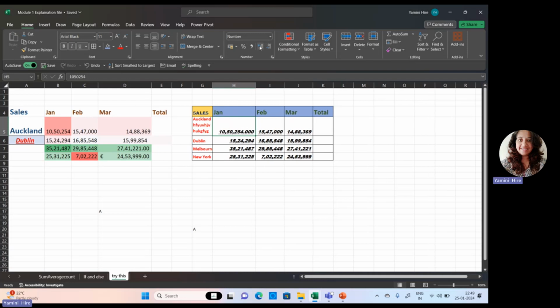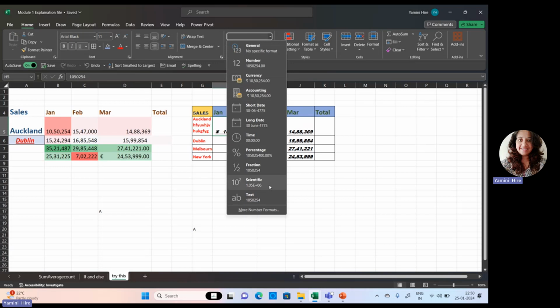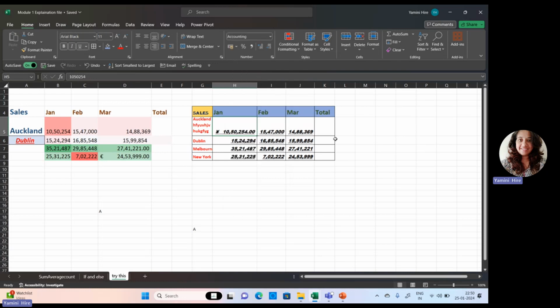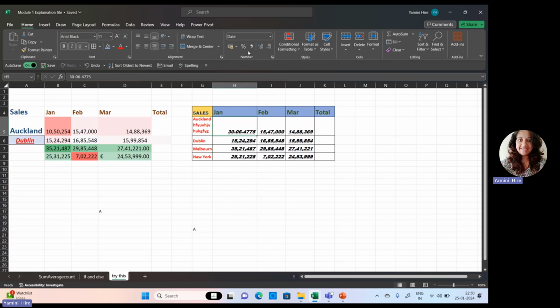How many decimal points you want, like that you can format. You can use the commas, you can give the percentage sign, you can give the currency in front of it. Okay, there are lots of formatting options. Fractions are there, currency, number, general, long date, short date, so many options are there. So you just need to choose. For dates, you can go to the dates and change that formatting. Okay,